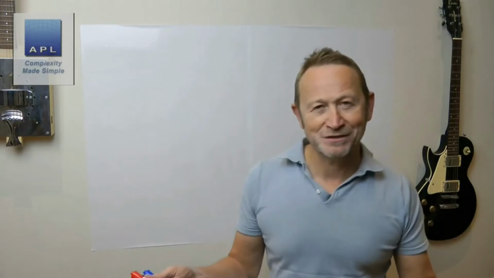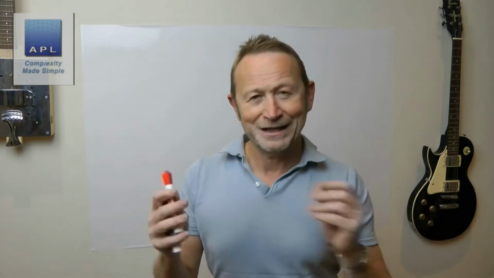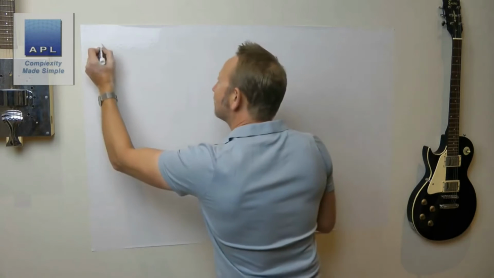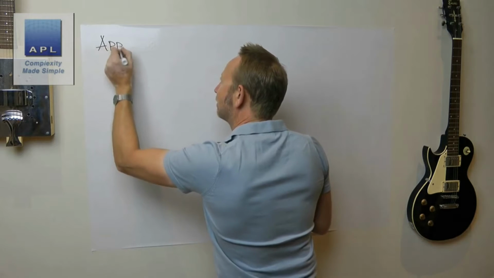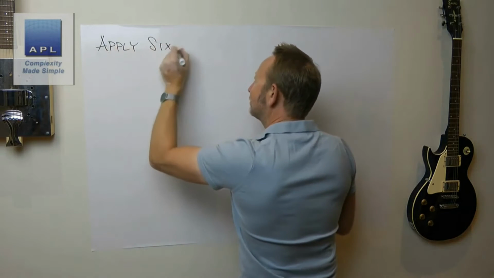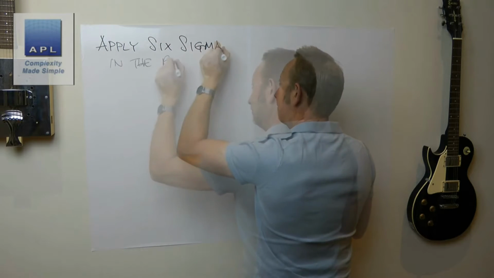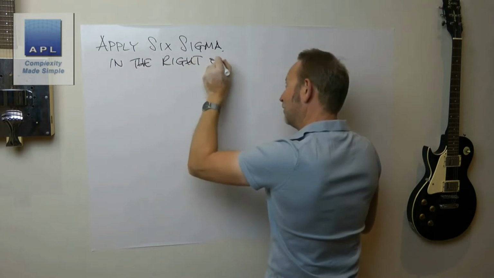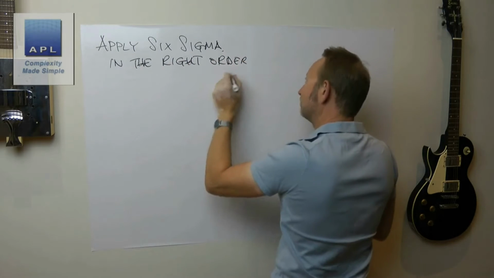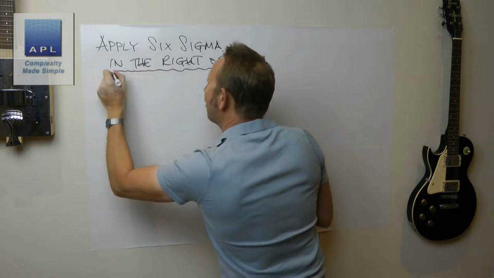Welcome to Complexity Made Simple. My name is Paul Allen, and the subject of today's video newsletter, well, we're going to talk about the fact that you need to learn and apply Six Sigma in the right order. And as I say, this follows on from something to do with a hobby of mine